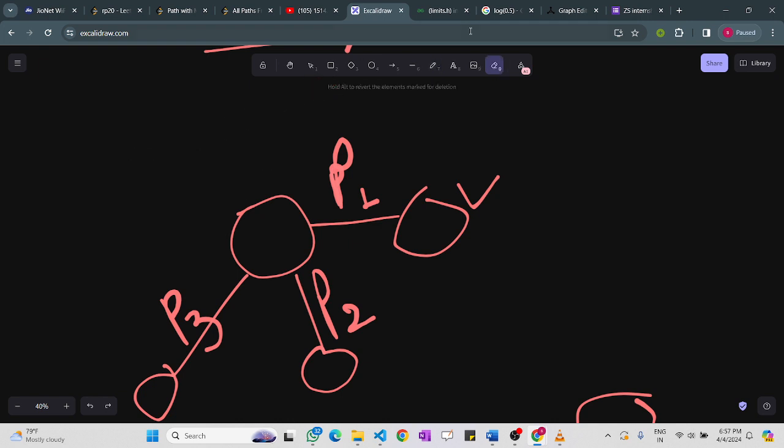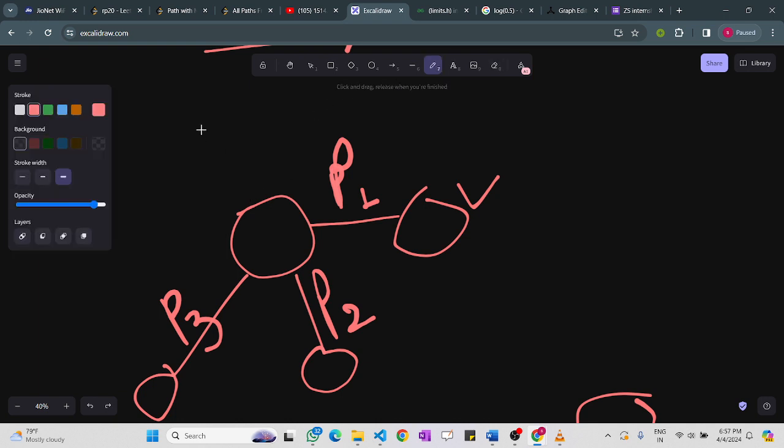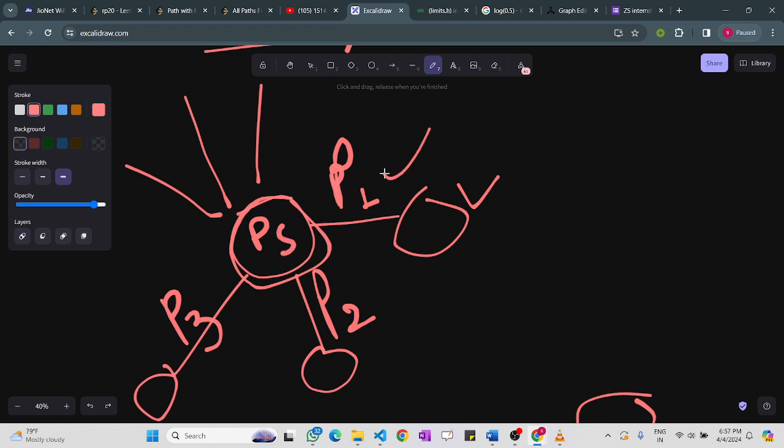We are visiting this node from some other nodes, like some x, y, z nodes. There are a lot of nodes, and we are visiting this node from several nodes. The probability of visiting this node is something like, let's take it P5. And P1 is itself smaller than P5. Then